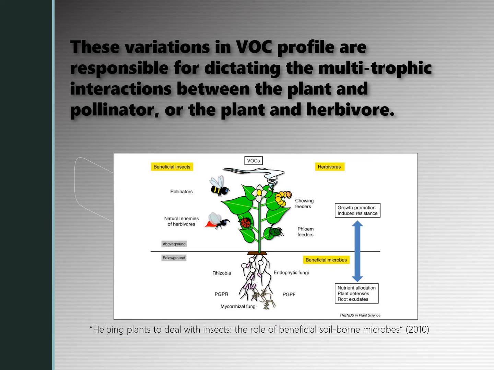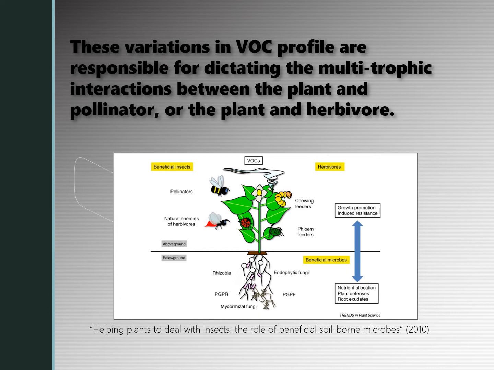The reason it's important to study VOC profiles, comparing them between plants, is because VOCs dictate the multi-trophic interactions that plants engage in. This includes plant-pollinator interactions, plant defense, plant-to-plant communication, and VOCs are also a strong predictor of plant stress. So it's widely important to study these interactions because VOCs tell us a lot about what stresses a plant